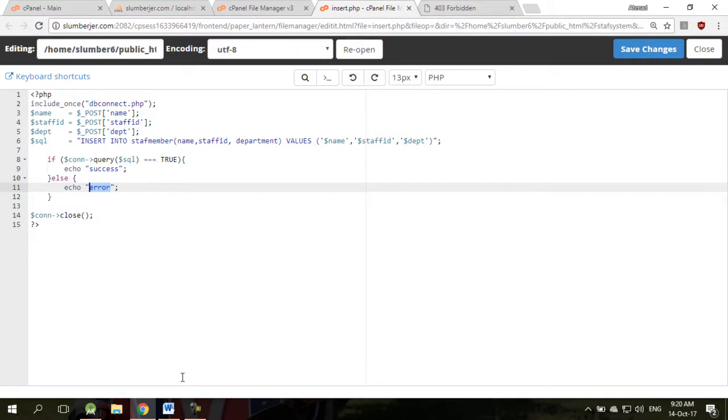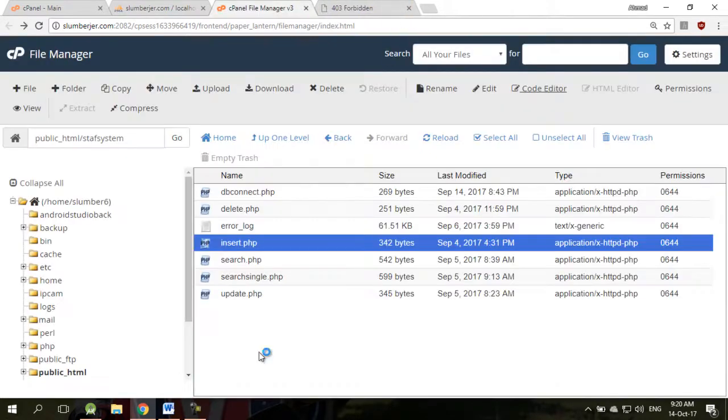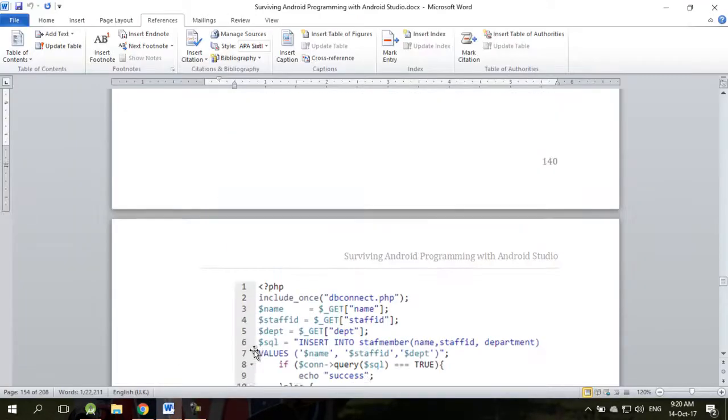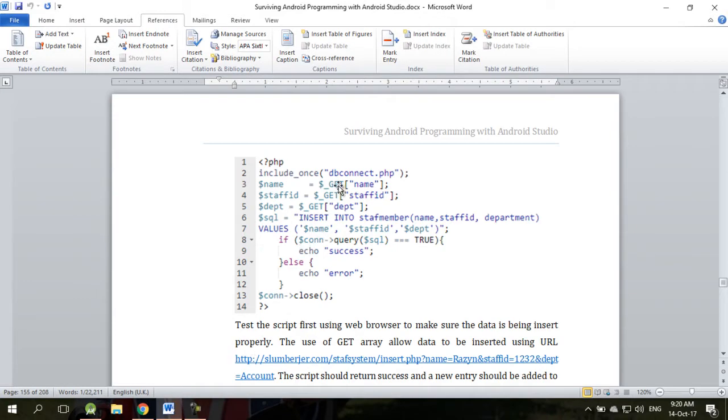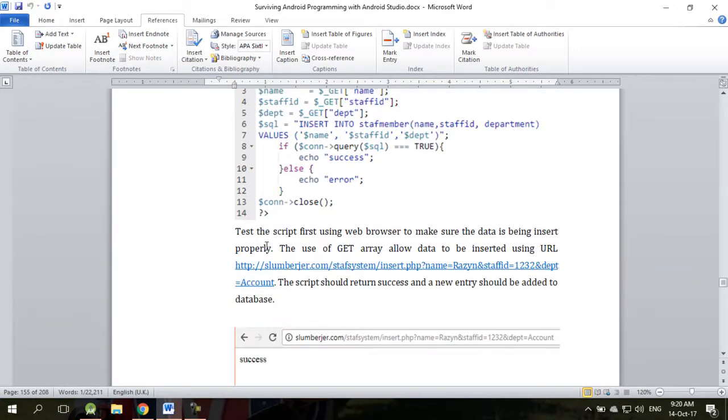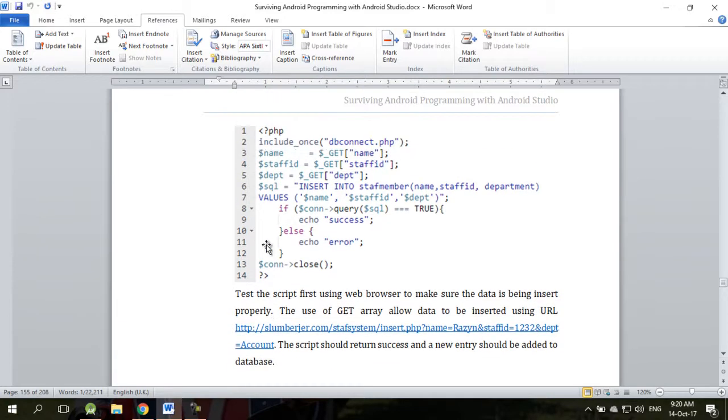Okay, so that basically covers the insert statement. You get the code here, so you can test the script first. In my example, I use post, but here, this is basically just to test the database connectivity. So we use get array. Get array is quite simple because we can test using our